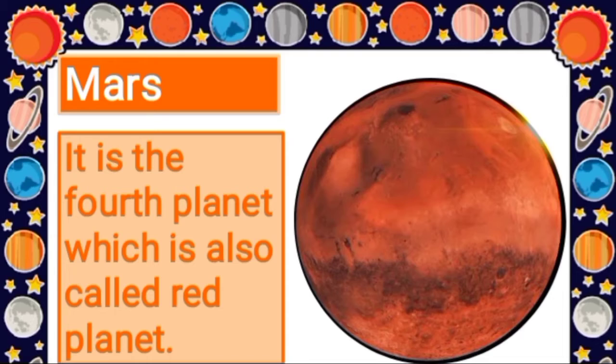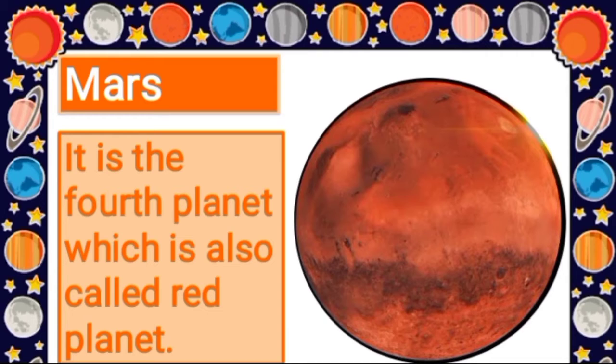Next planet is Mars, and it is one of the planets that orbit or travel around the sun in the solar system, and it is the fourth planet from the sun, and it is also Earth's outer neighbor. And Mars travels around the sun at an average distance of about 142 million miles,